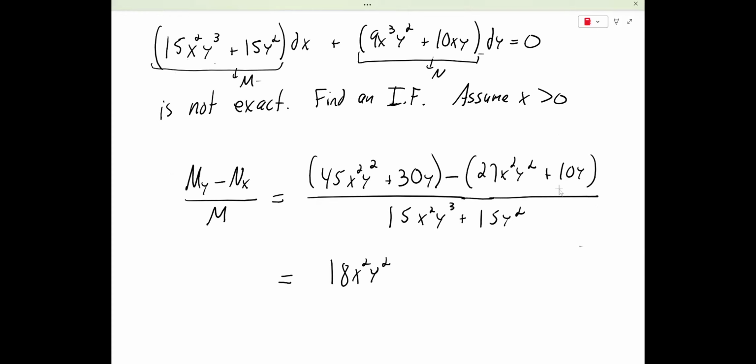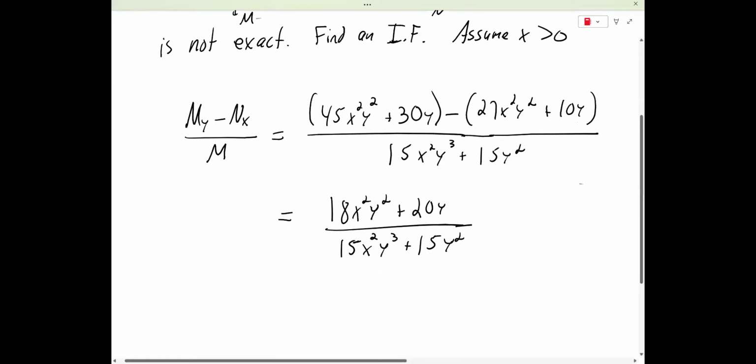And then for the y's, you got 30y subtract 10y, which is 20y, over, so atrocious here actually, 15x squared y cubed plus 15y squared. It doesn't look promising here, actually, but